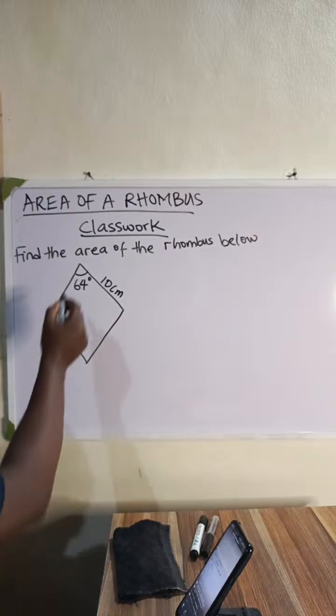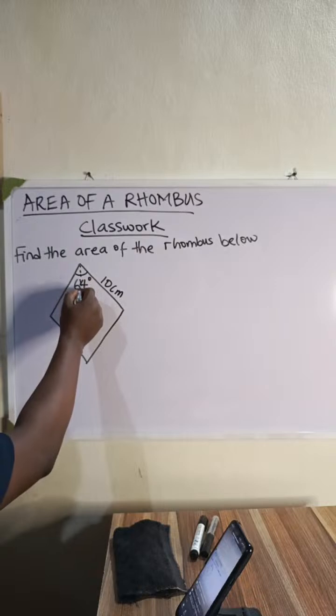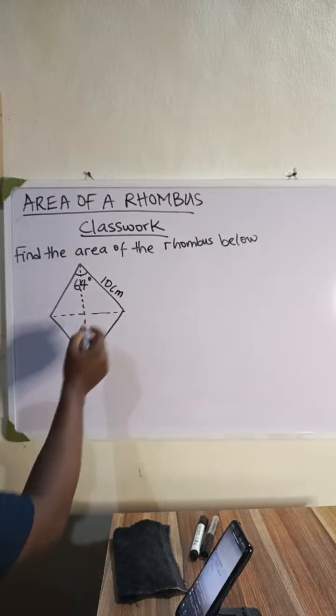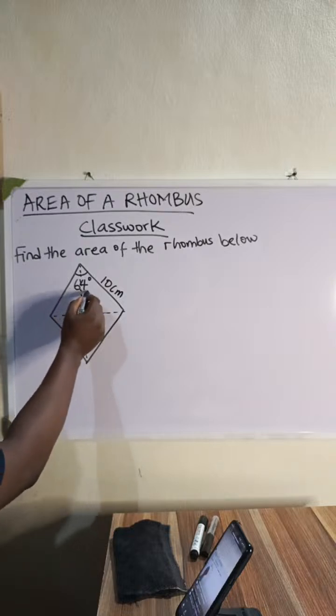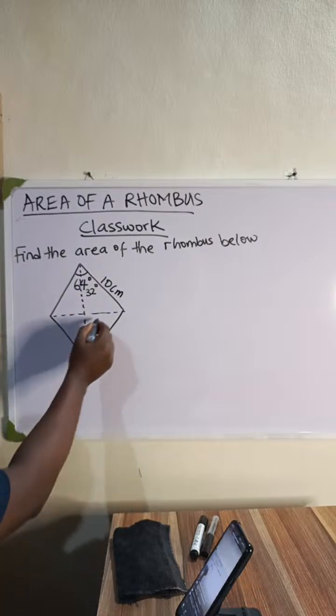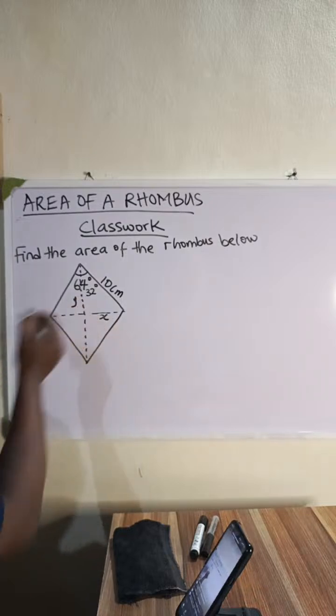So if we draw the diagonals, 64 degrees is going to become 32 degrees. So if we call here x and we call here y,